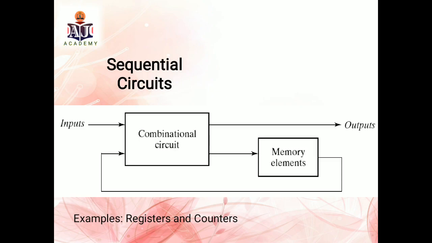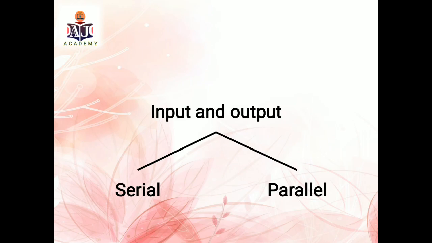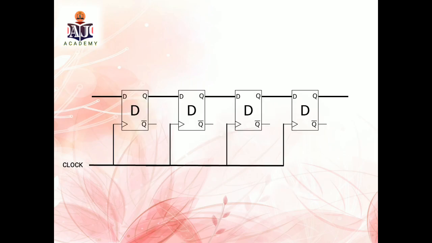The registers typically have two ways of input and output. One is a serial load and another one is the parallel load. Let us have the illustration of a serial load. 4 flip-flops are connected serially. The input is a serial in and the output is a serial out. A bit 1 is going to pass through all flip-flops serially like this.